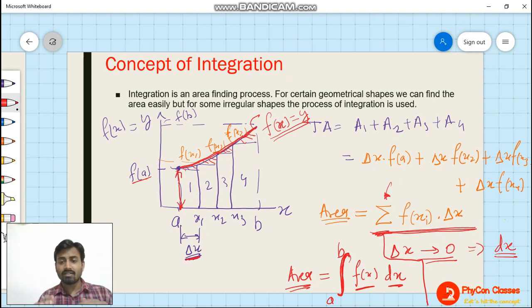You just have to understand what the integration tool is used for, and then we will see the formulas, how to solve this integration f of x dx. How to solve it, we will see later. But first of all, you should understand what is integration. Integration is the tool to find out area when the curve is any kind of curve. When the geometry is irregular, we need to find out the area using integration. Directly we cannot find out area. For a regular shape, we can find out the area.